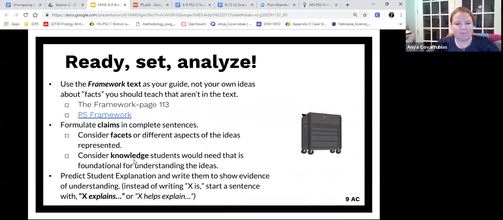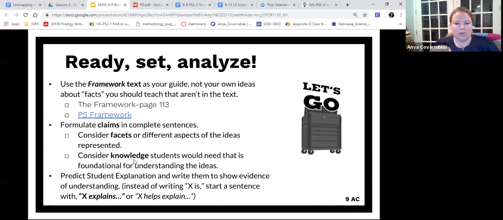The person that we use as our model in figuring out this academically productive phenomena took that unwrapping document and put it into some different categories to help us be explicit about the type of phenomena that we wanted and predict some student explanations, so that we would know what evidence we wanted from the phenomena in order for it to show us if it would be academically productive. So you can't just look at a phenomenon and say, oh, that one looks flashy, that one looks good, that one will be interesting. You really have to dig into that phenomena and then compare it back to the bundle,